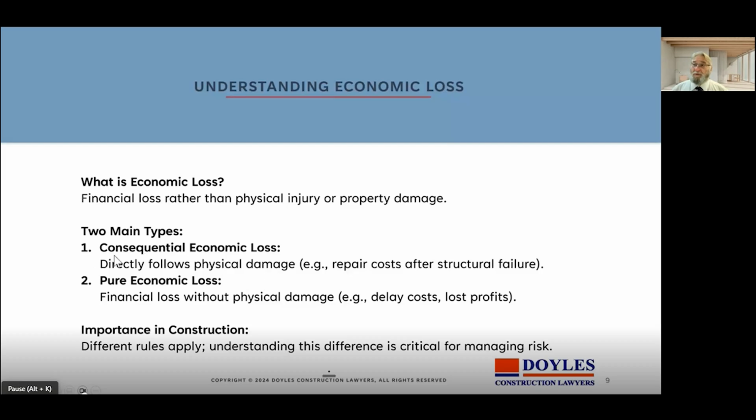So there are two types of pure economic loss. One is where it directly follows physical damage, such as repair costs. If somebody damaged your good, that is fairly direct, and that attracted less scrutiny. But if there was just lost profits, for example, you had a motor car accident and you said, well, I would have been going to the races and I would have put money on Phar Lap, and I didn't get to the races, so therefore you should pay me what I would have won on Phar Lap.